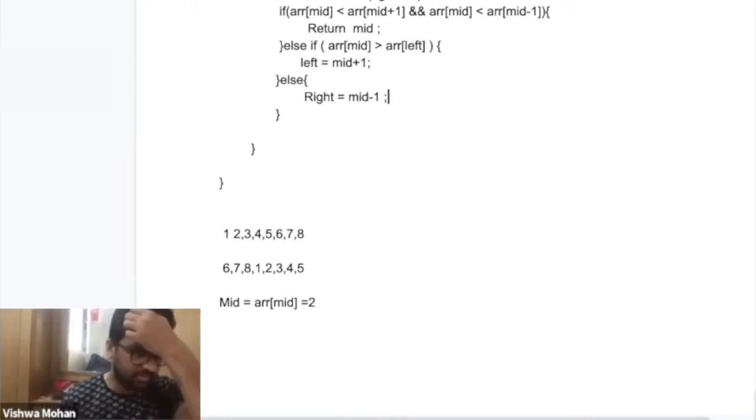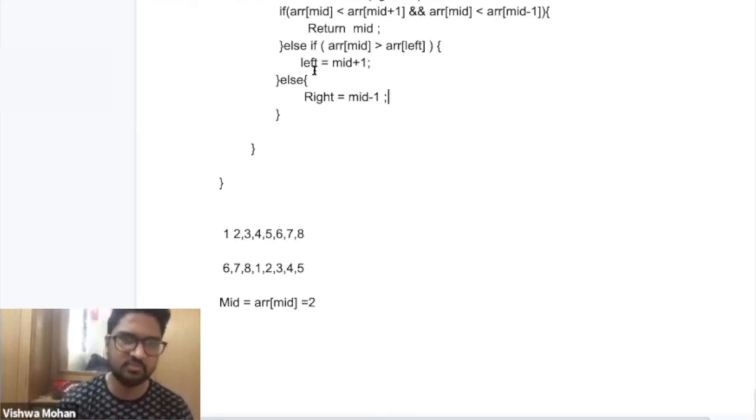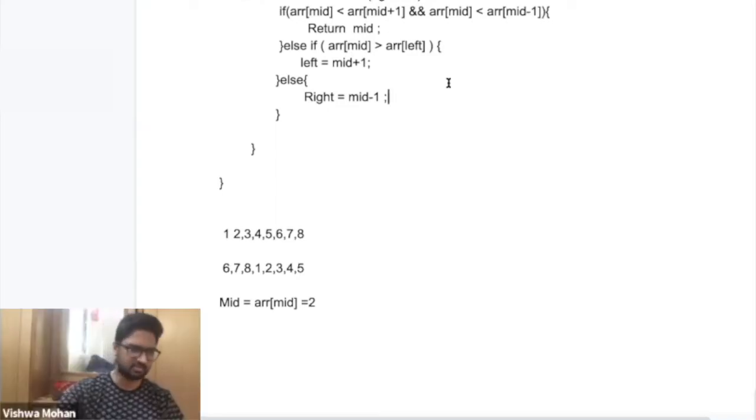Did you get it? What we did? What I'm saying is, if we check the value of the mid and the extreme left, and the value of the mid is more than the value of the left, in that case, this has been an increasing sequence. So there has been no value in between which could have been smaller than that. It means the value that I'm looking for will not lie in this range, it will lie in the right hand range. So I just move left is equal to mid plus 1. Otherwise, it could have lied in the left range itself. So I do right equals to mid minus 1.